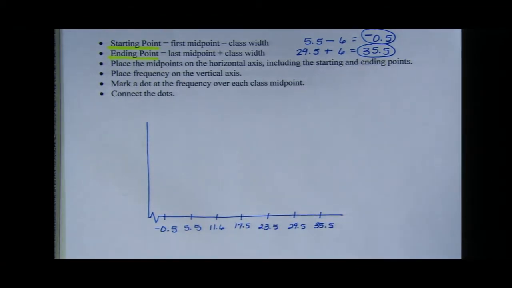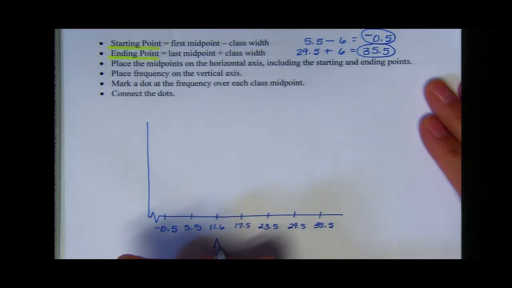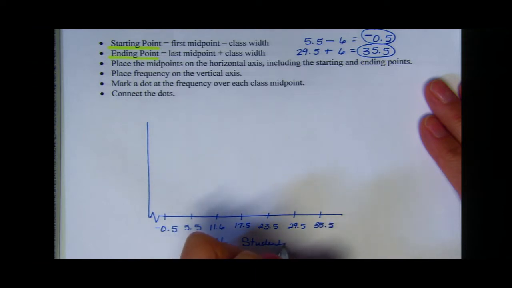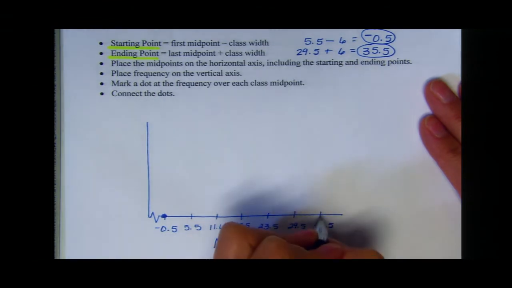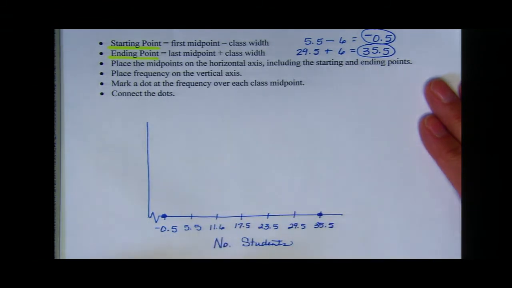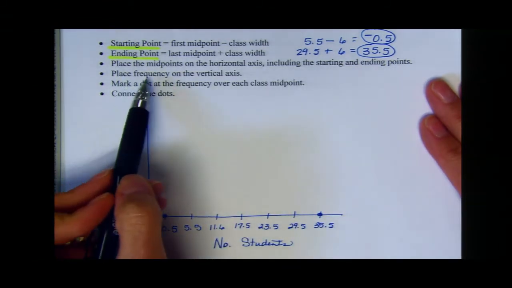Now, these midpoints were calculated off of the class limits, and the class limits are your number of students, so will our midpoints be. So the starting point, you put a dot, and the ending point,